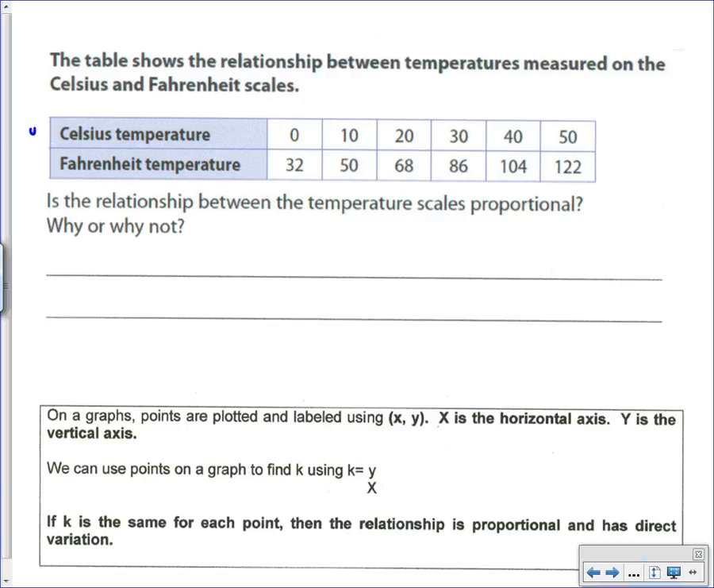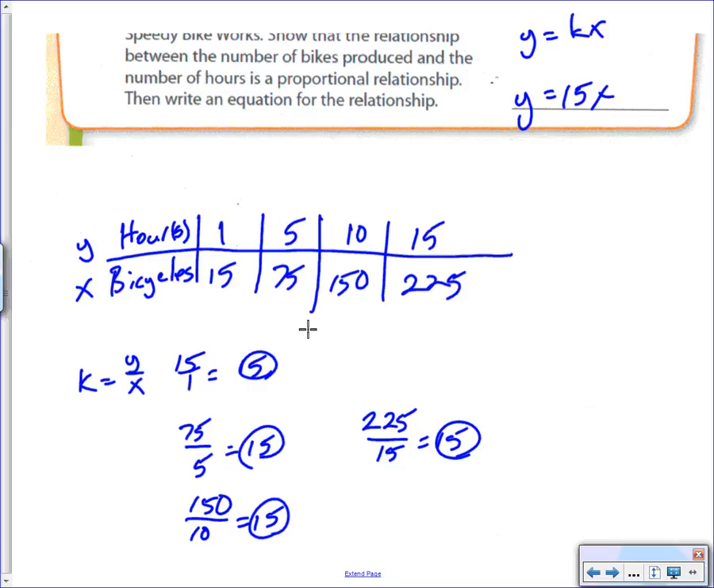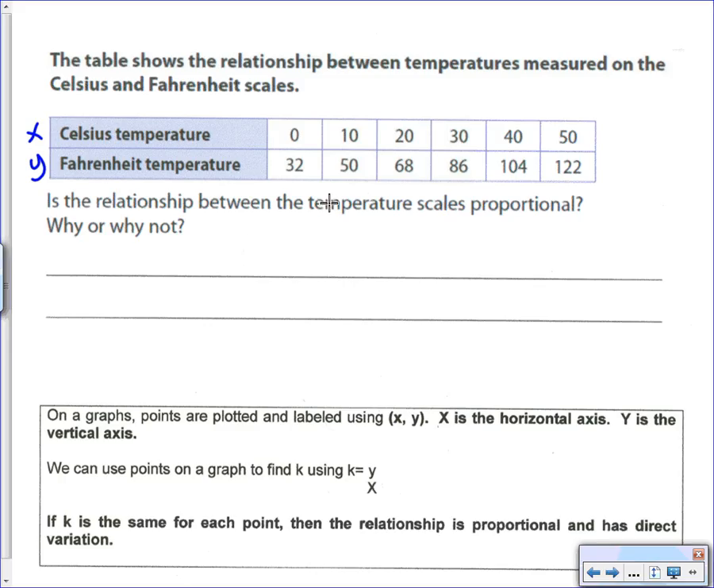So here's our x, there's our y. Sorry if I confused you there. That's why 15 was on top. Apologize for that. All right, so what we're going to do is just do y over x